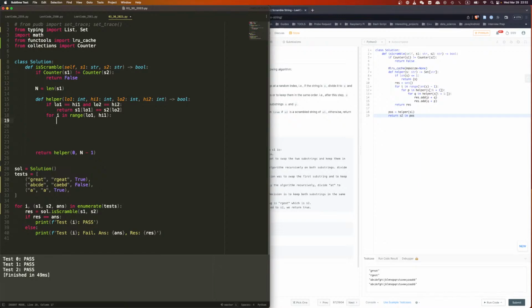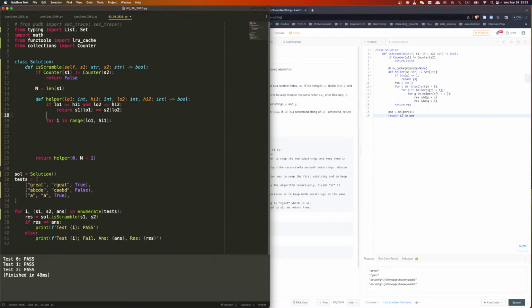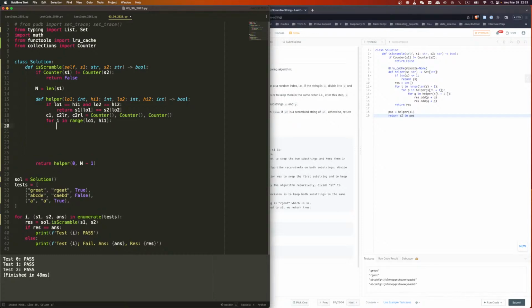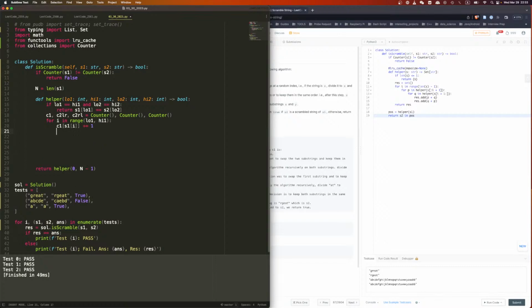Okay, then what? Then I can say, C1 equals counter, C2 left to right, C2 right to left. They're all counters. Okay. So for I in this, when I take the first one, so C1 S1 I plus equal 1, okay, and then C2 LR S2